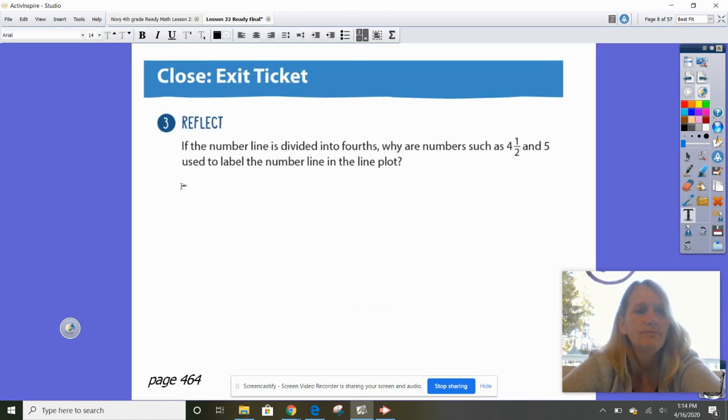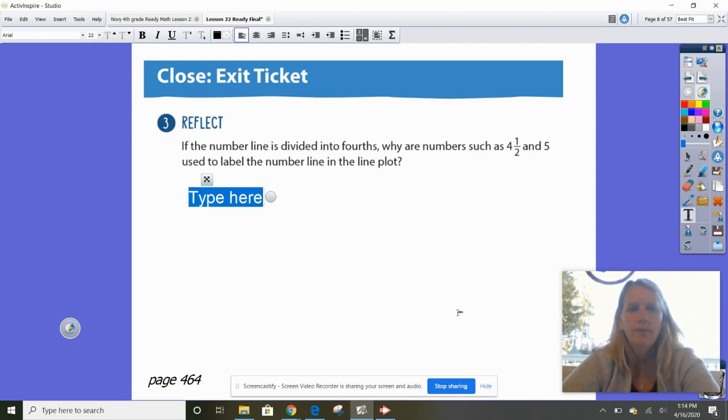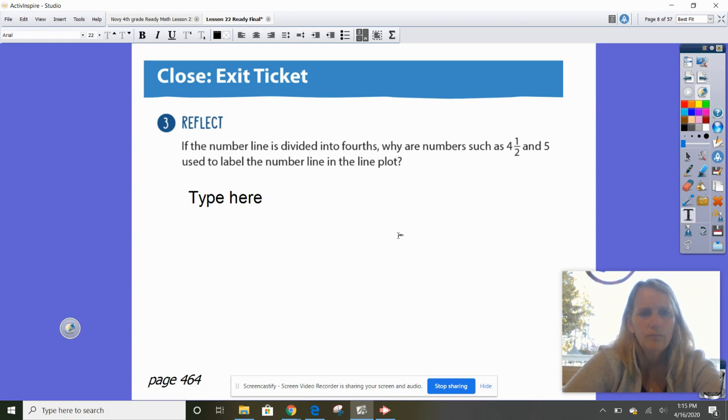Welcome back. Ooh, I would like a bigger text. Oh well. Maybe I can make that bigger right here. Yeah, let's use 22. Okay, if the number line is divided into fourths, why are numbers such as 4 and a half, 4 1/2, and 5? So I would put, not type here, that would be weird. I would put 5 is, whoops, not plus, equal to,